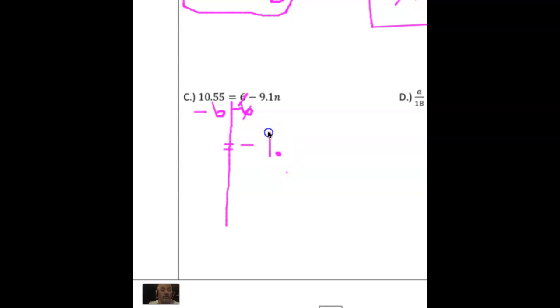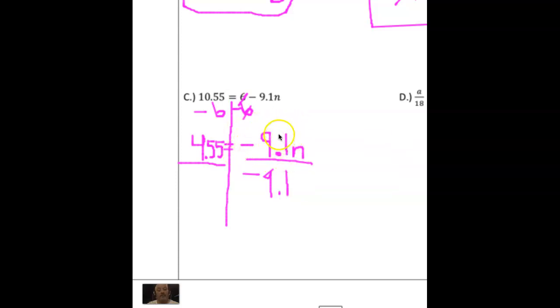So that's negative 9.1n. Over here, 10.55 minus 6 is 4.55. Alright, so my second and final step is going to be to divide both sides by negative 9.1, and remember, I know that because this is negative 9.1 times n, and the only way I'm going to get n by itself is by getting rid of that negative